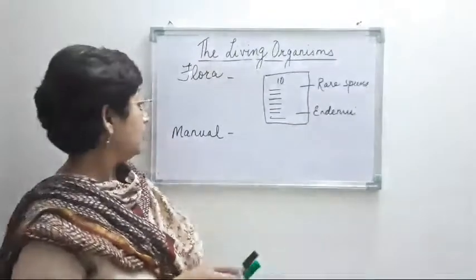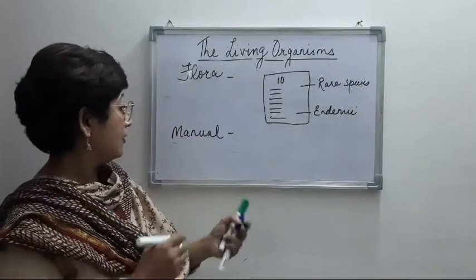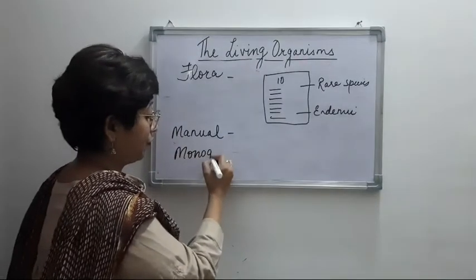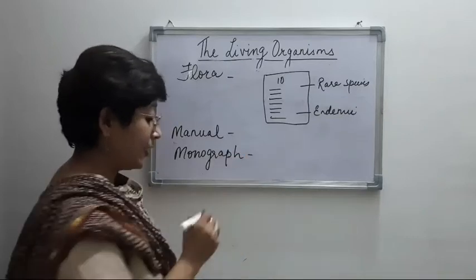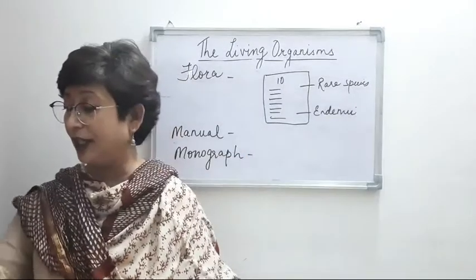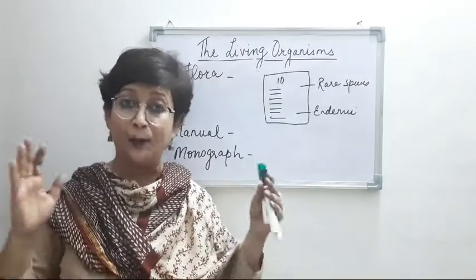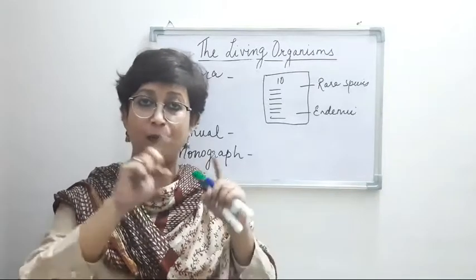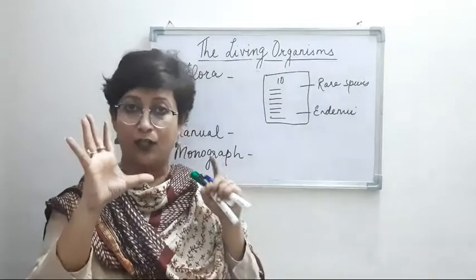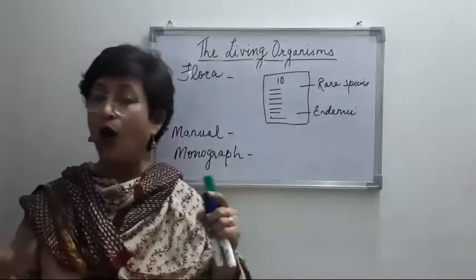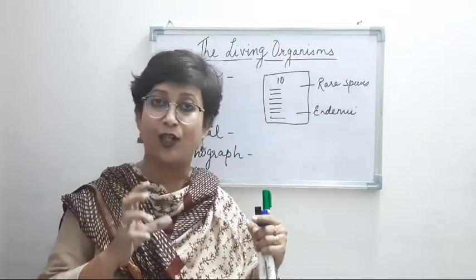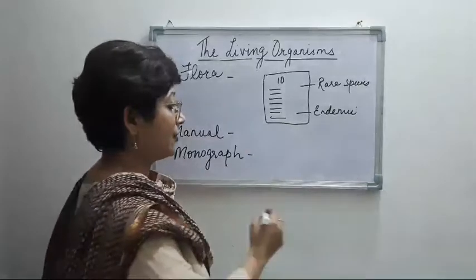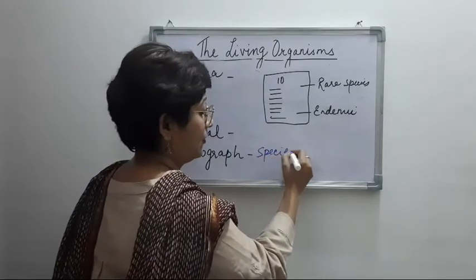We come to the next taxonomical aid after manual, which is monograph, right? Monograph is the next taxonomical aid. It is a complete global account. Understand? Complete global, all over the world, right? Global account of a particular taxon, right? Now let's take an example of a particular taxon. We've studied various taxons as species, right? Maybe phylum,